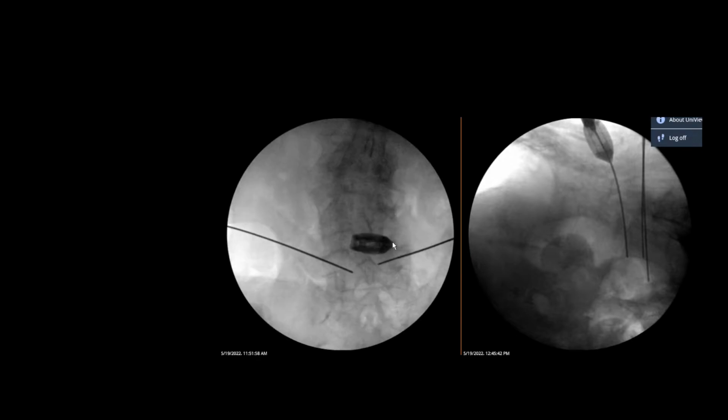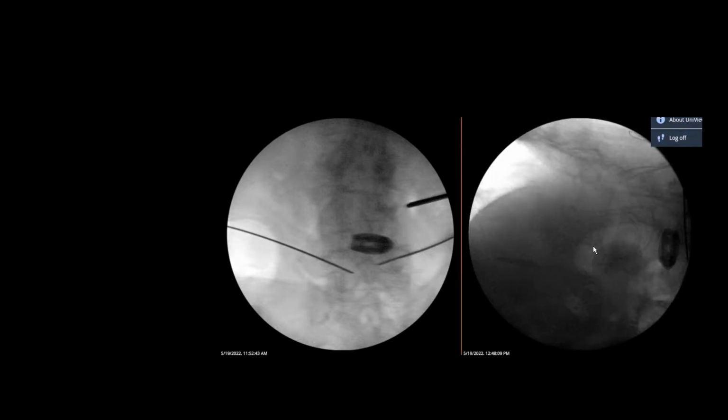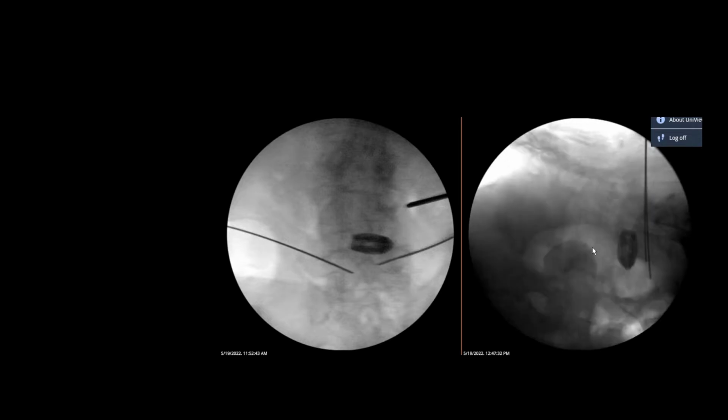The cage is put mostly to the opposite side, to the right side, to correct the scoliosis. Obviously these are intraoperative x-rays, so right is right, left is left. And here you see the end result. Now we are adjusting for the next level. And here you see that by adjusting it,